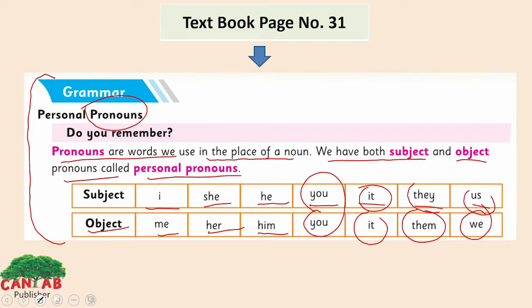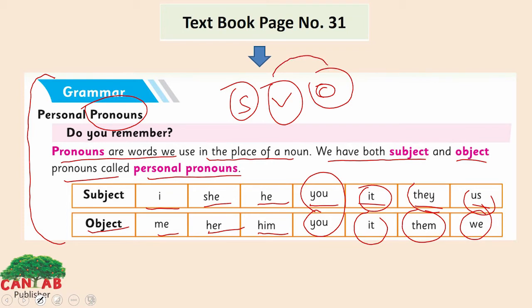Always remember that in a sentence the subject comes first, then the verb and then the object. The subject is the doer of the action, the verb is the activity, and the object is that on which the activity is done. But it can be swapped when we use active and passive voice sentences. We can swap them and add the preposition by. These can be both object and subject, but it depends upon the situation and the sentence, and these are called personal pronouns.